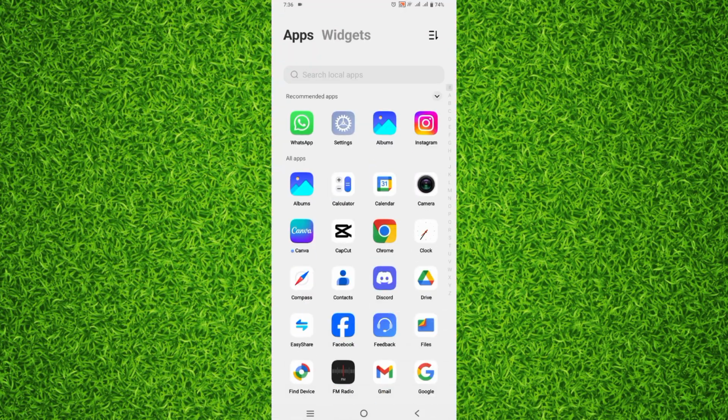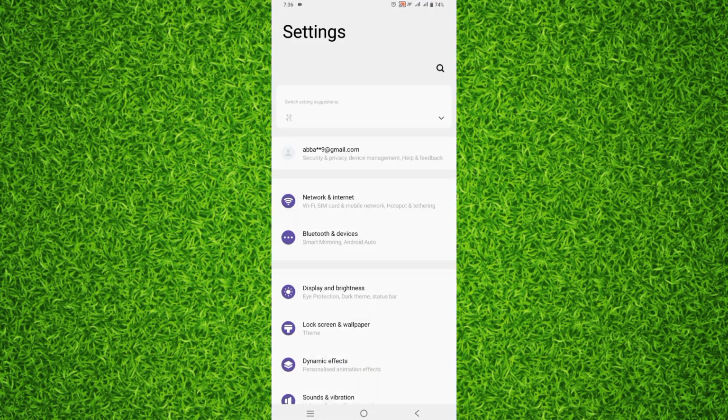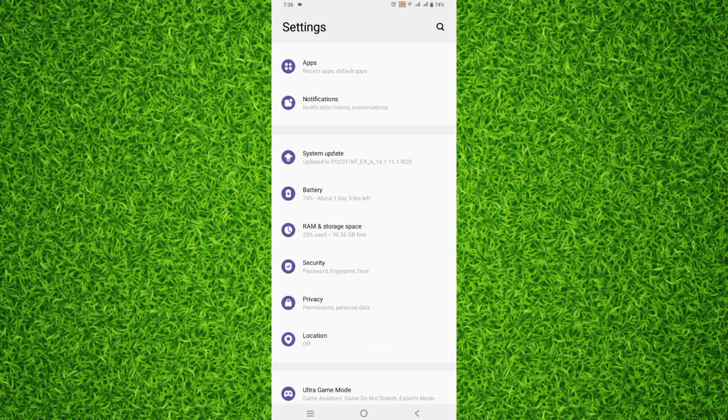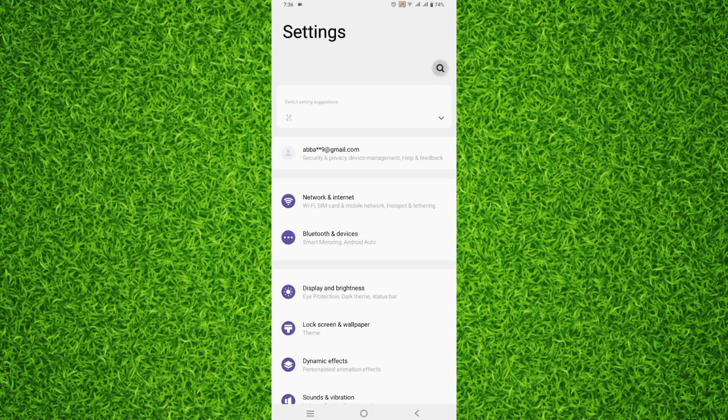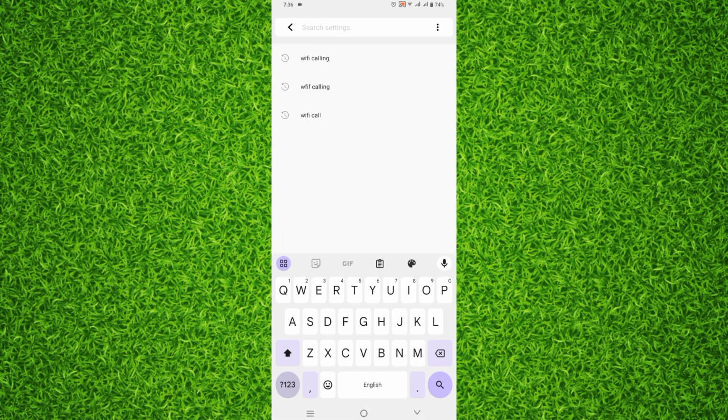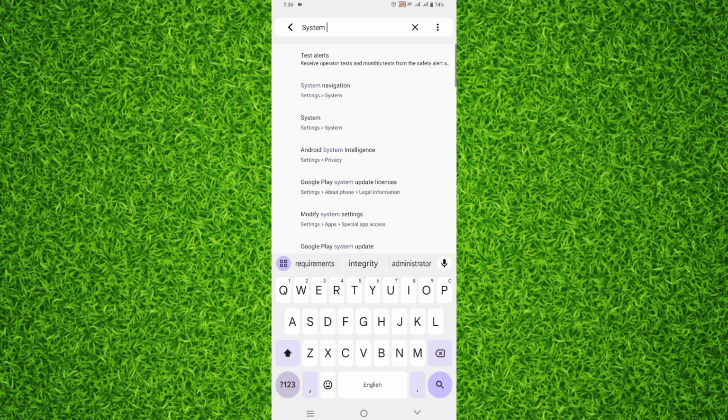First of all, you'll have to head over to the settings of your Android, and after that you'll have to scroll down all the way, and right here you'll be able to find an option of system update. You can tap on it, or you can simply tap on the search bar on the top right corner of the screen and then search for system update,